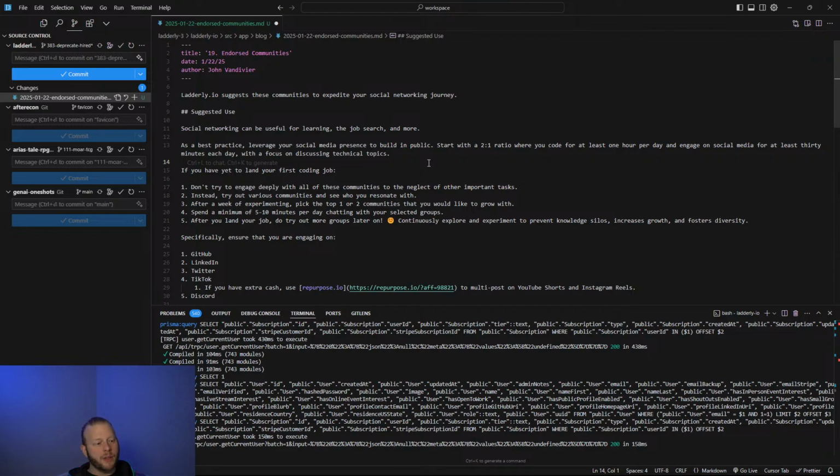So then you'll end up with 3.5 hours a week. Yeah, I think that's a fine starting point. If you have yet to land your first coding job, 1, don't try to engage deeply with all of the communities to the neglect of other important tasks. What? Try out various communities to see who you resonate with. After a week of experimenting,